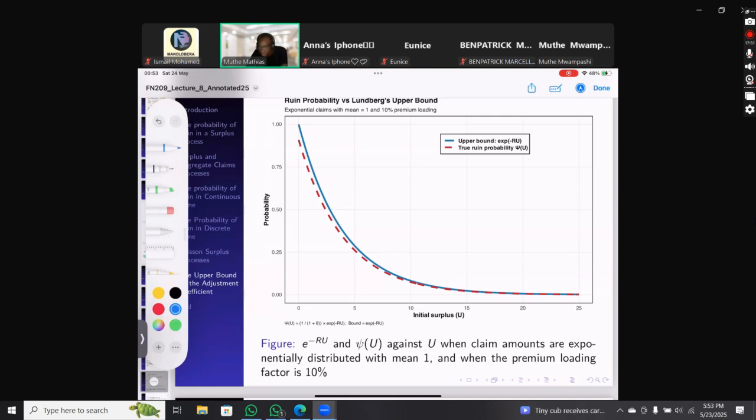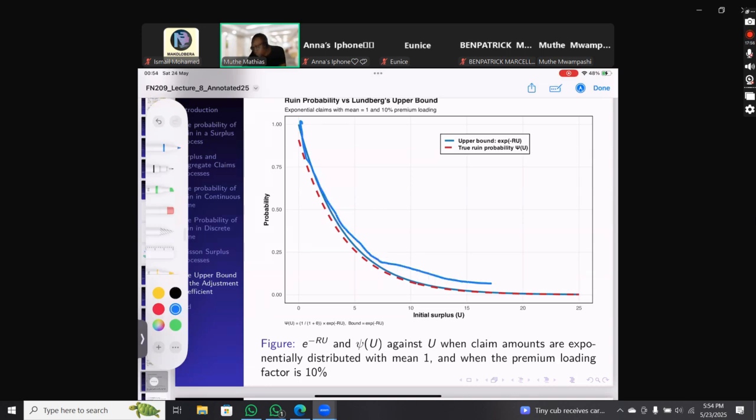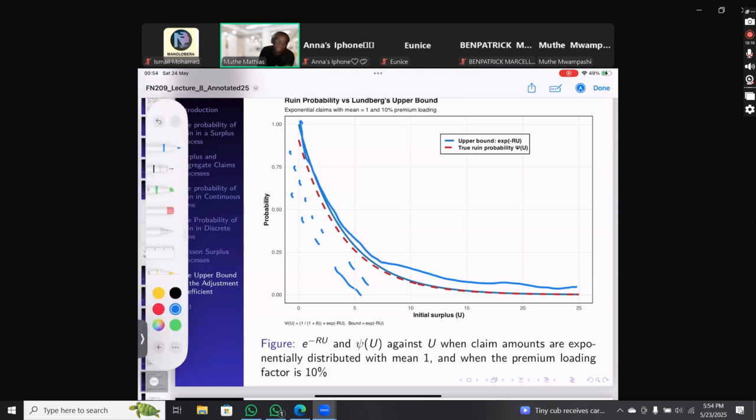So what we are seeing in this blue part here is the upper bound. Sindio, kwamba is the upper bound. Kwamba the probability of ruin, we know that it cannot go beyond this part here. So ideally, what we are saying ni kwamba probability of ruin ambao utaiestimate itakuwa somehow below that part, right? It can be that part, it can be maybe here, it can be maybe here. We don't know where it's going to be, but we know that it cannot go beyond that upper bound, right? So the blue part is actually the upper bound, and of course the true ruin probability is actually denoted by the dotted red line. Sindio?